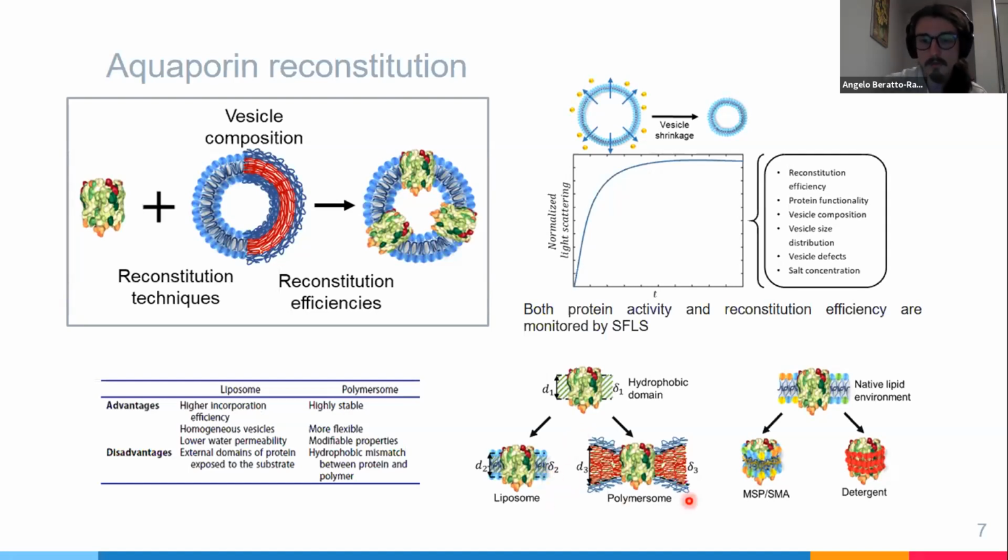On the other hand, polymersomes form a more stable and flexible structure. And as you could see in the previous presentation, they have the option of having more modifiable properties. Also, this structure can protect the external domains of the protein. The principal method that has been used to monitor the reconstitution efficiency is stopped-flow light scattering monitoring. This method consists of submitting the vesicles to a